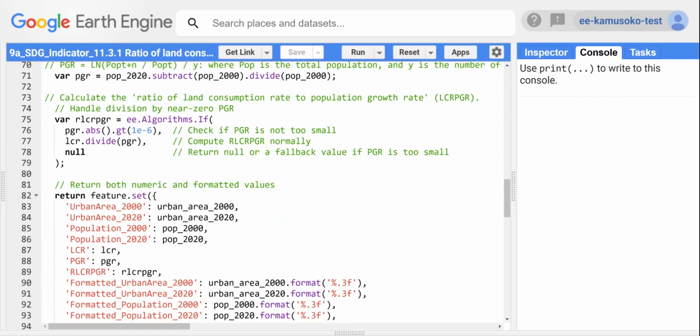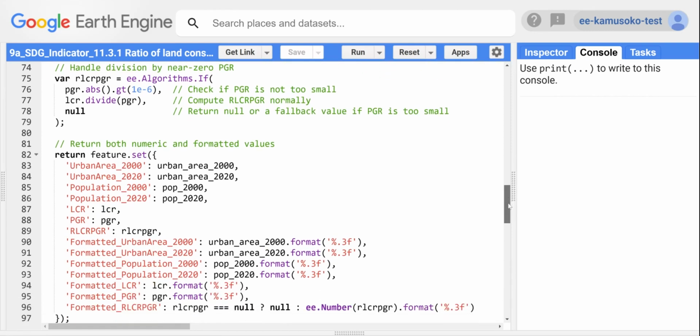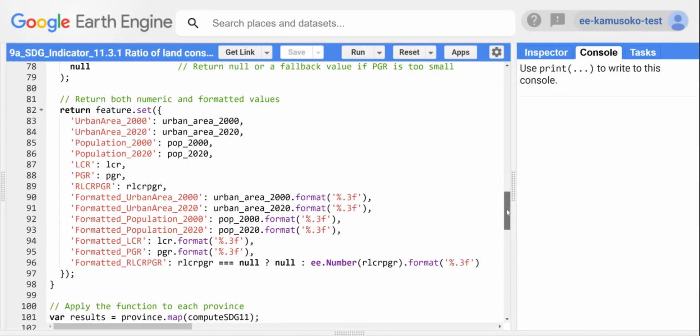ratio of land consumption to population growth rate. So again, this is just done by dividing the population growth rate over the land consumption rate. And then after that, we are just going to